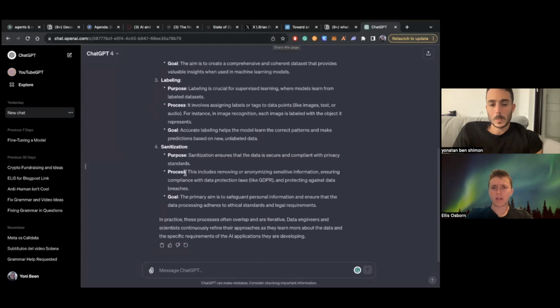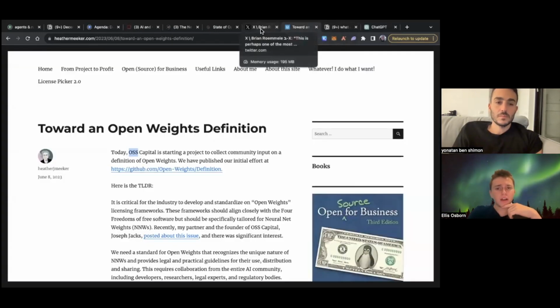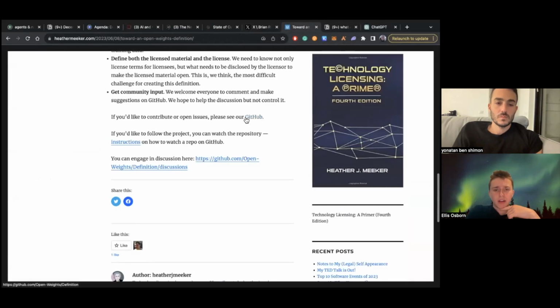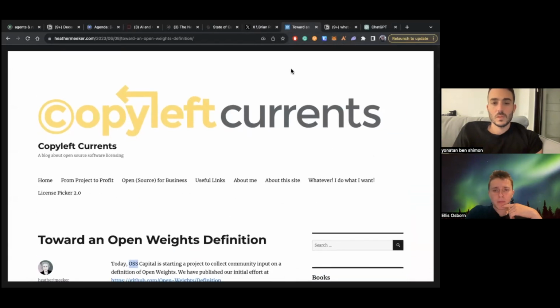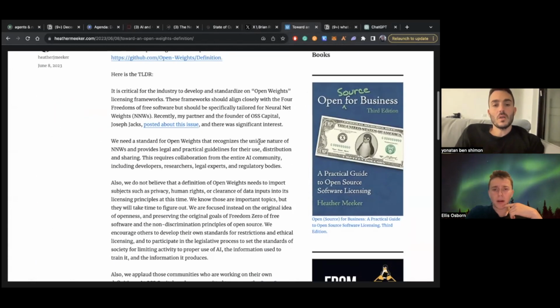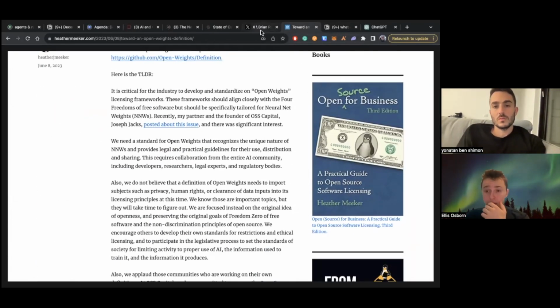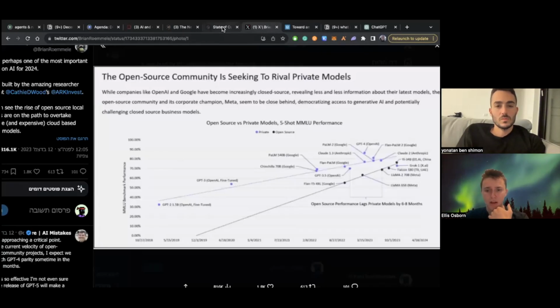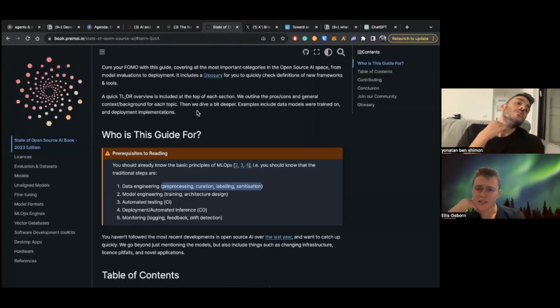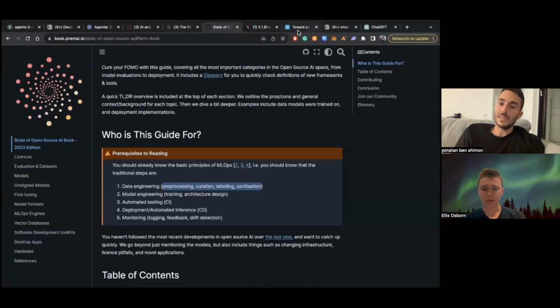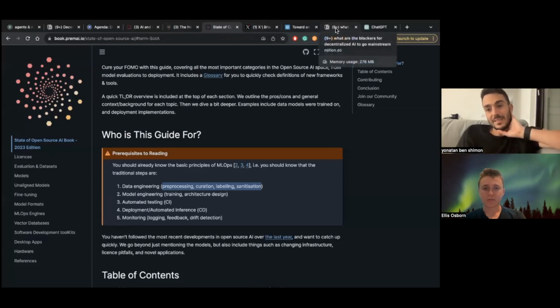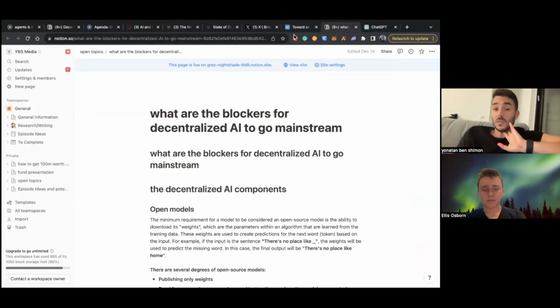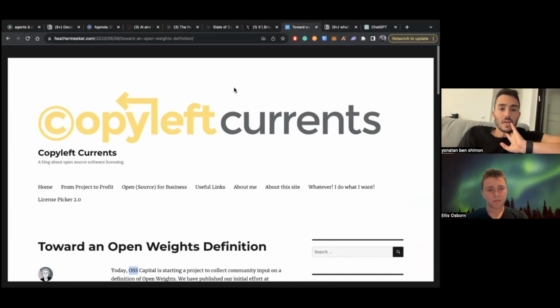The thing is, I know some of these processes require humans. Labeling was traditionally done by humans, but I don't know if it can be done by computers now. I think it can. There was something like decentralized labeling. It is a mix, but something interesting to mention is this: towards the open source weight definition.